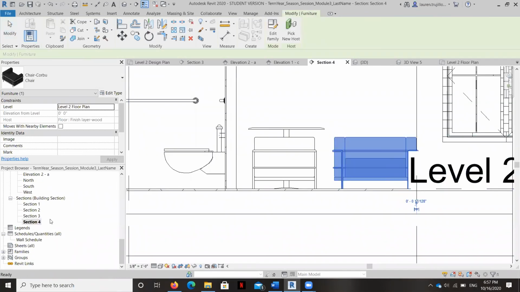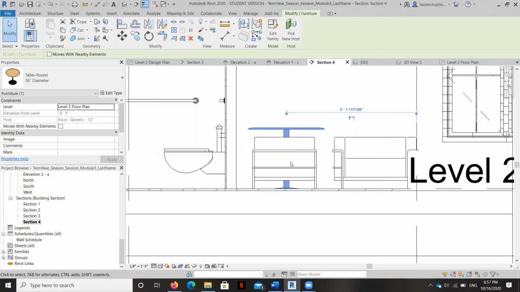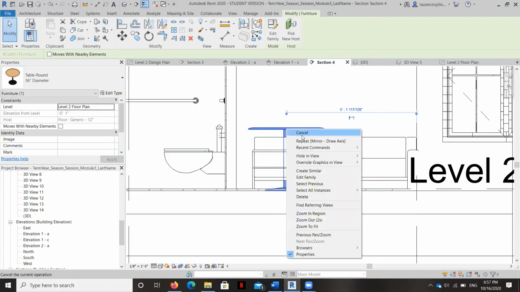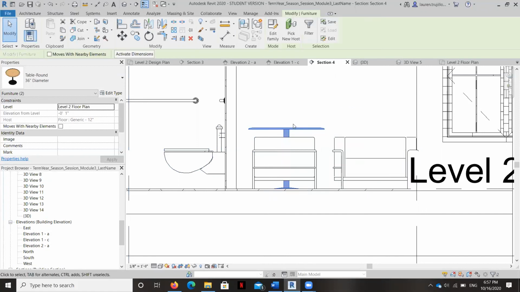So sometimes it's just a matter of the furniture gets, I don't know, quirky. So one of the troubleshooting things that is always helpful to use is to try your best and then just delete them and put them in place again. Okay, so I'm going to have a good time going to my furniture one by one and right clicking to select all of the instances in the project and moving them up.